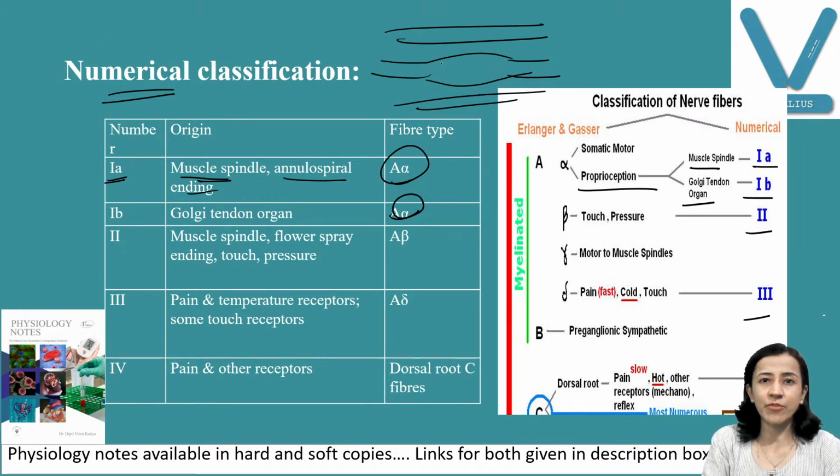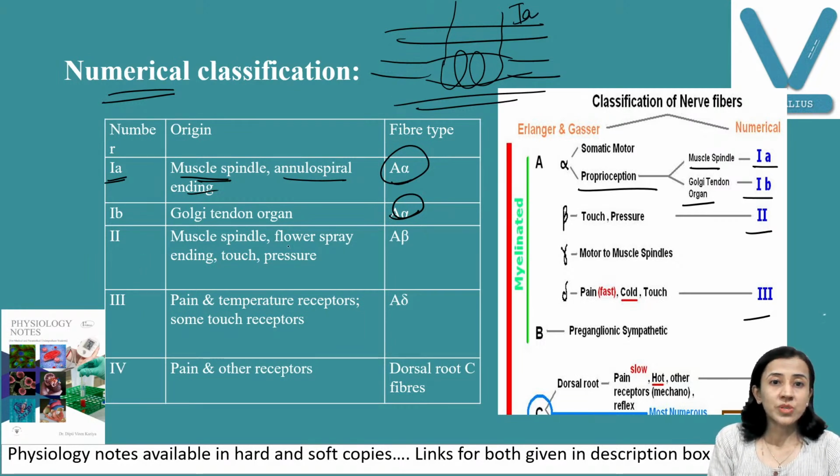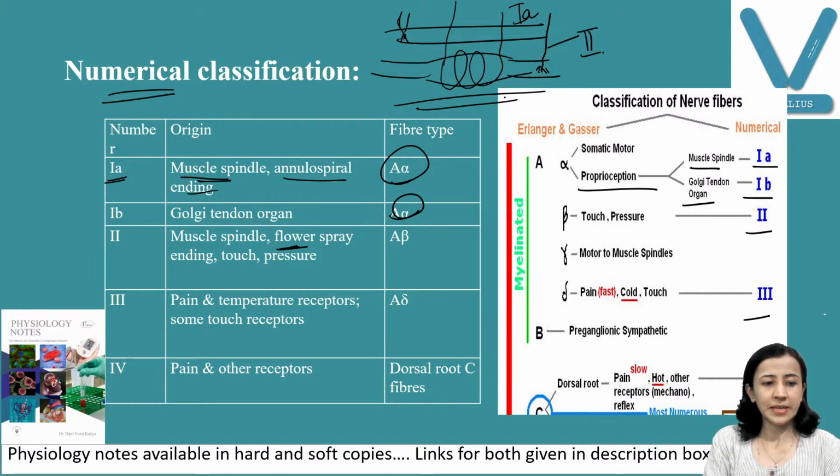Okay, nuclear bag fibers have these spiral endings. These are your 1A fibers. And number 2, that is the flower spray ending, at the end here, like a flower. They are at the chain and bag both. And these are your number 2 fibers. Fine. So 1A or A alpha, muscle spindle, Golgi tendon organ, they are